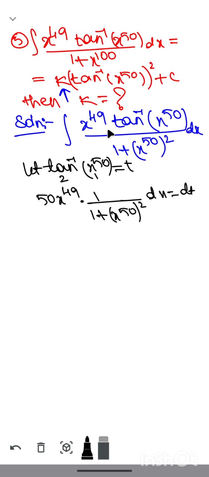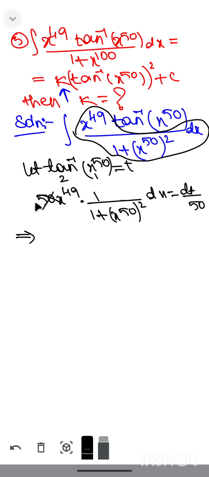So you can observe here we are getting the remaining part of the given problem as well. Here 50 we are getting. If I shift this 50 to the other hand side, we will get dt divided by 50. Now you can observe x power 49 into dx whole divided by 1 plus x power 50. Here I am marking the part. This marked part is to be replaced by dt divided by 50. So the given question will become,